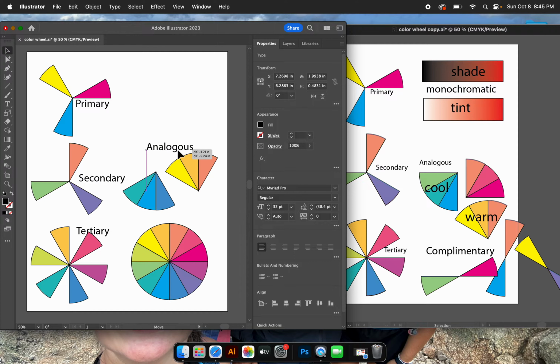Move that up here. And then holding the option key, I'm going to label over that. This is my cool color scheme. And this is my warm color scheme. Okay. The last thing,